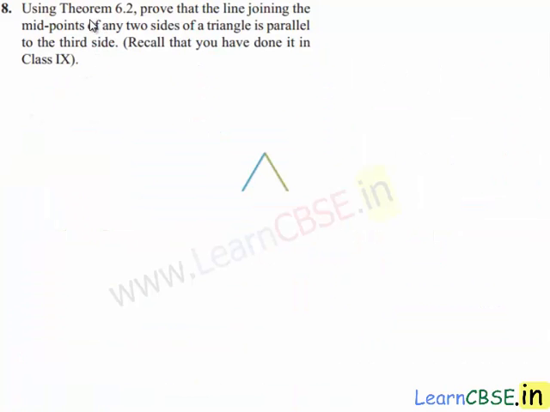Moving on to 8th question. Using theorem 6.2, prove that line joining the midpoints of any two sides of triangle is parallel to the third side. Now moving on to the solution. Theorem 6.2 is nothing but converse of basic proportionality theorem,